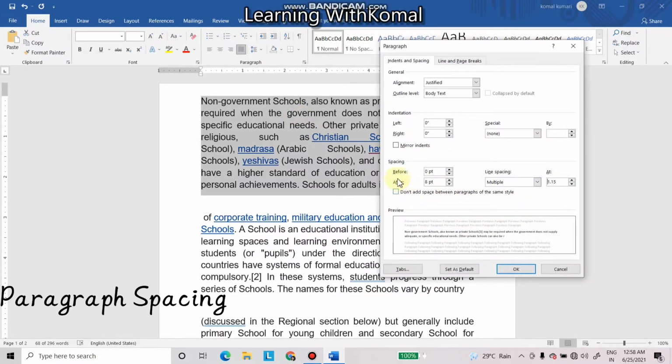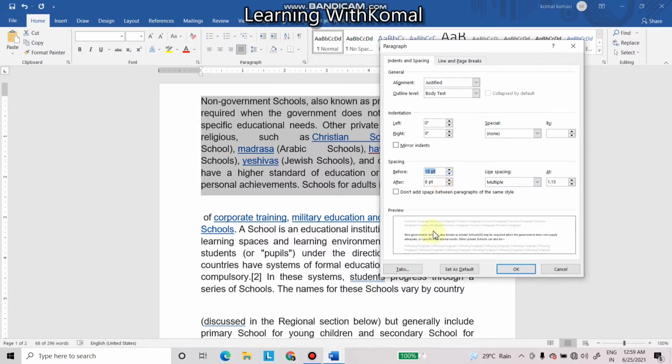As we get this option, we will come in the spacing. Here we have indentation, but we are not doing indentation now, we are doing spacing. So before means paragraph के पहले कितना space होना चाहिए, यहाँ पे क्या दिया हुआ है 0. So if you want to increase, then you can increase. यहाँ देखो the changes are made here, we can see the changes here. Okay, और after paragraph के बाद कितना space होना चाहिए, यहाँ पे 8 है, तो इसको हम लोग क्या कर सकते हैं, बढ़ा भी सकते हैं. ठीक है, now I have increased, मैंने before भी increase कर दिया and I have increased after also.